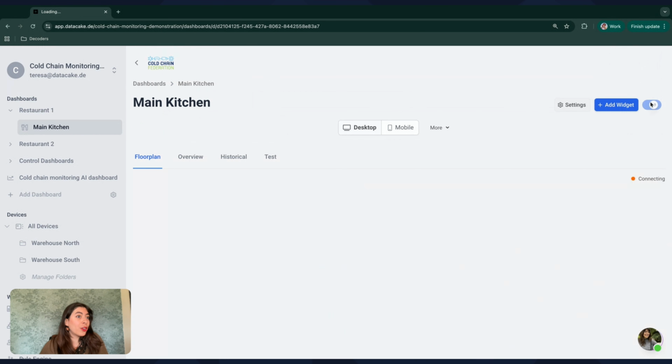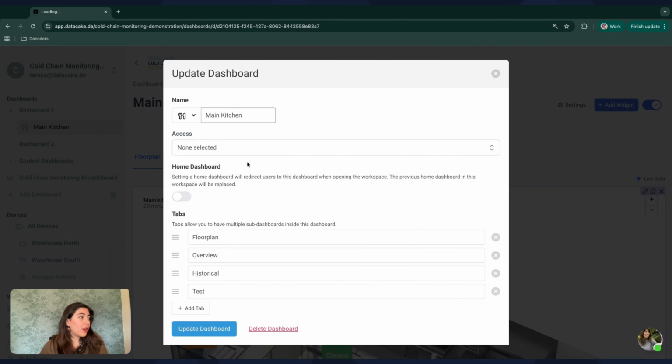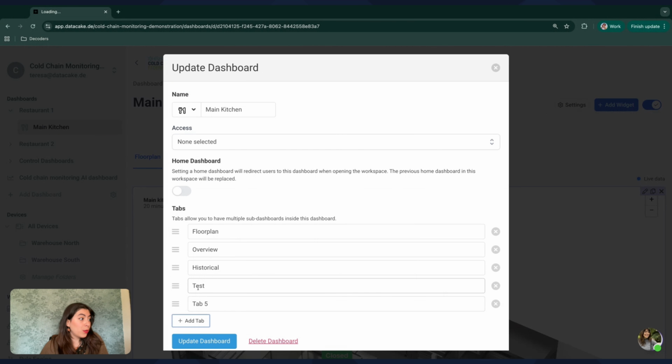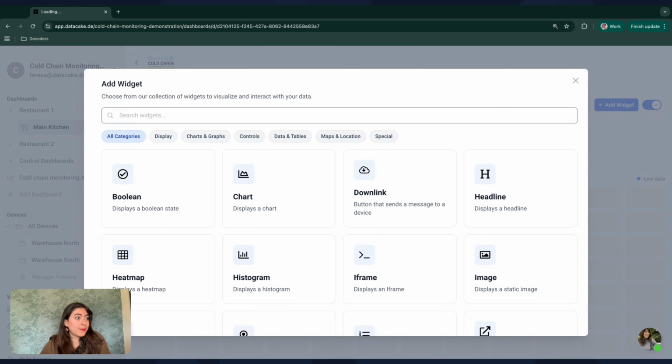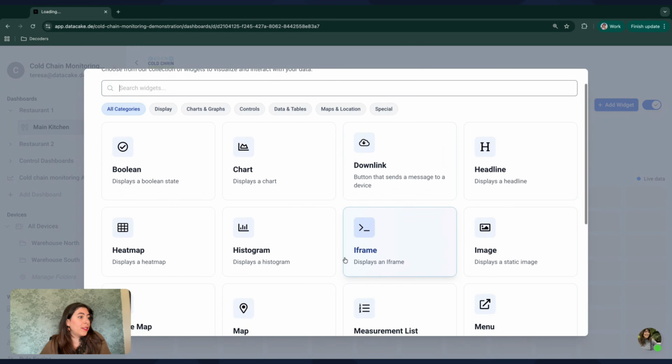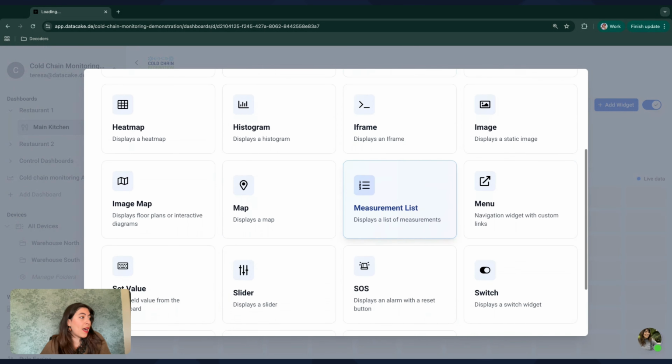So what we are going to do in here is we are going to add a new tab to our dashboard, and we're going to put it up. You can drag and drop that one and call this one menu. I'm going to update my dashboard, and now it is completely empty. So you can click on add widget, and you will see in here in our list that we have a